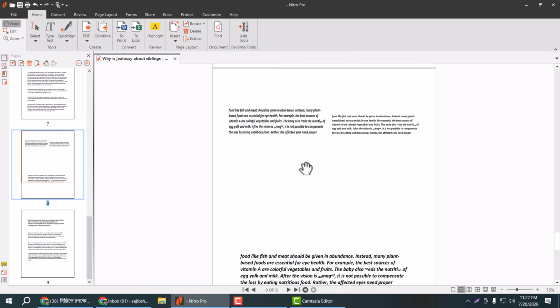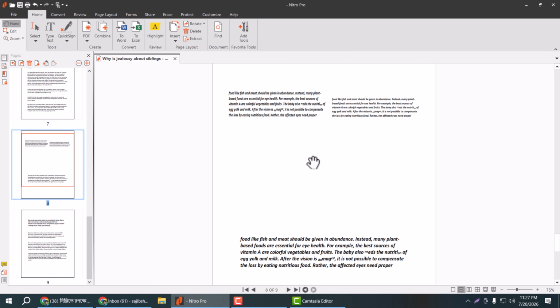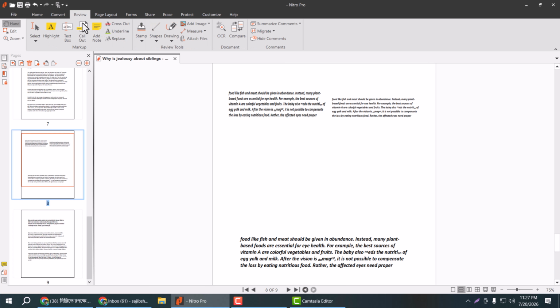Open your PDF file with NitroPro PDF Editor and select this review option, this menu bar, and here you will find this shapes option. Click on this down arrow. There are many kinds of shape: arrow, rectangle, oval, line, cloud, polygon, and so on. First I will insert this arrow